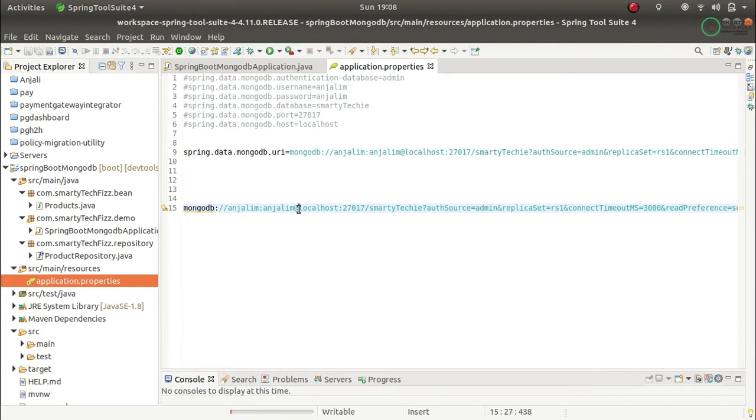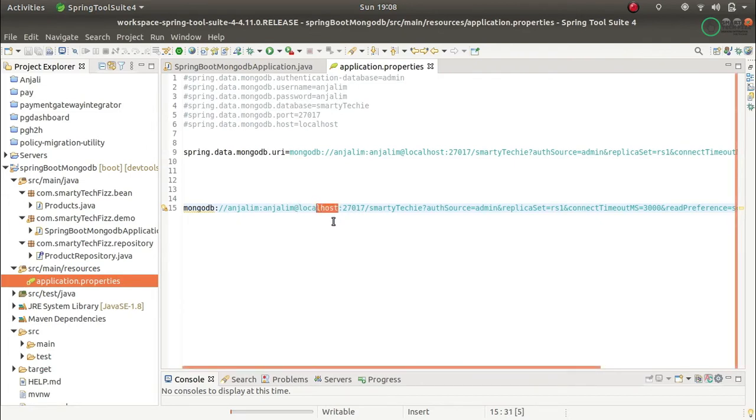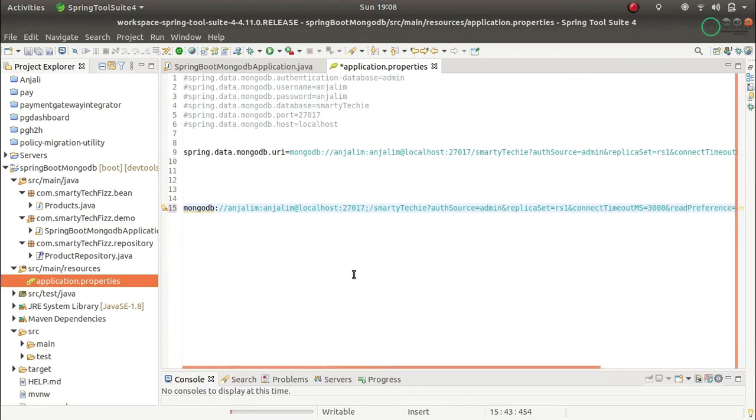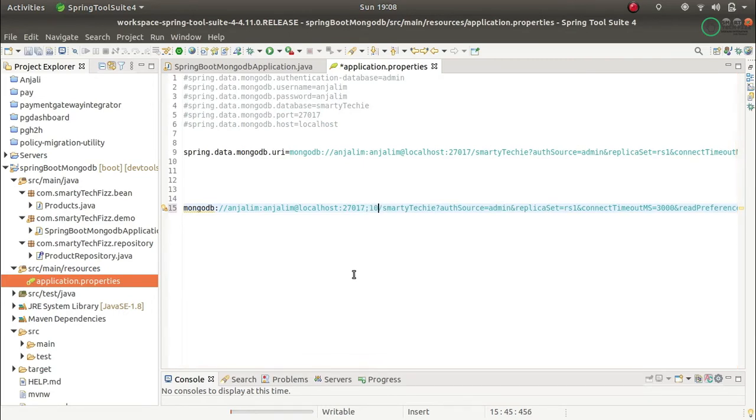As I am running my replica set on my local host system, I have mentioned localhost, then a colon and then the port number. If you have more than one member, you just need to provide a comma and then the IP and then 27017.